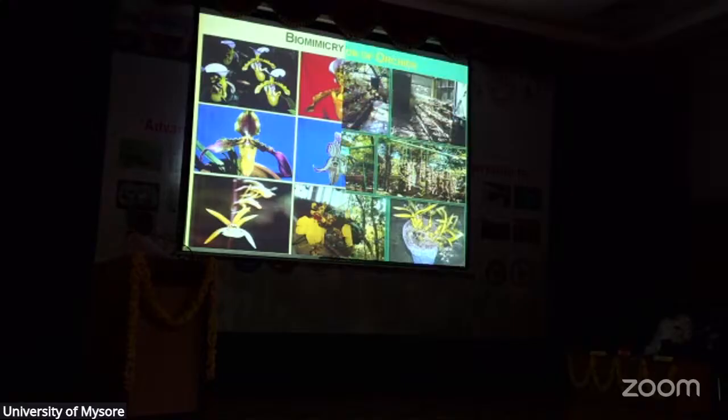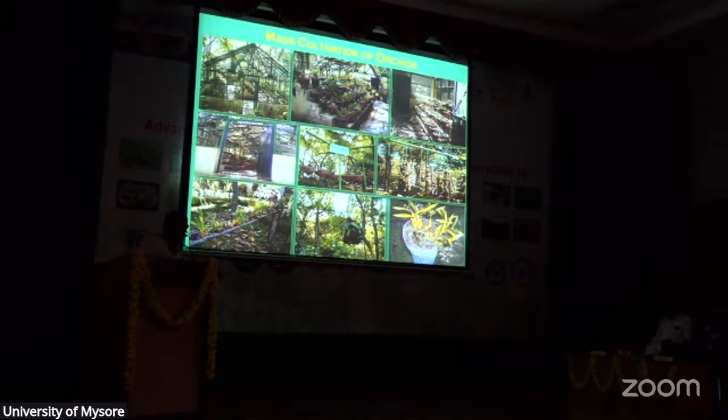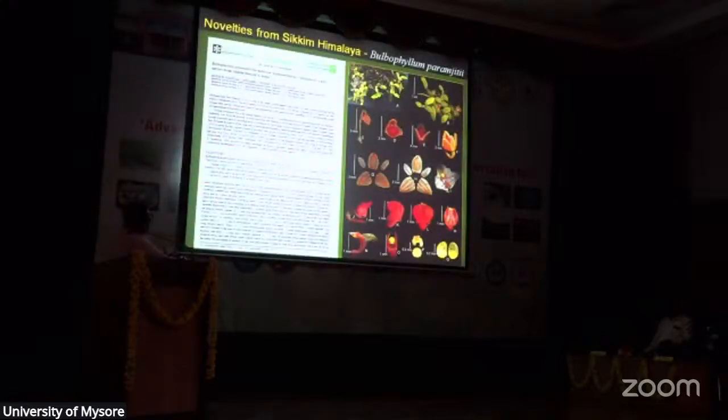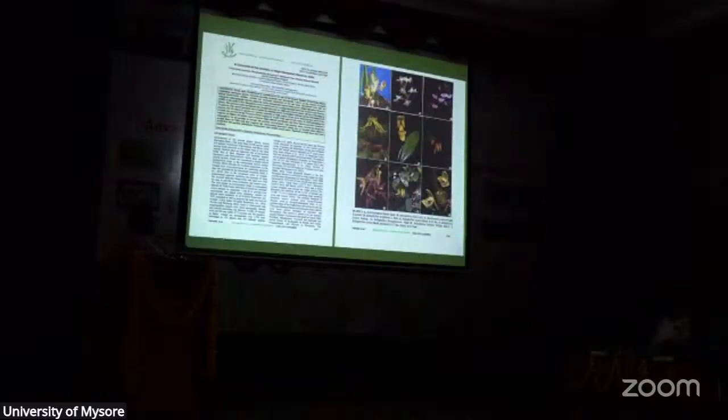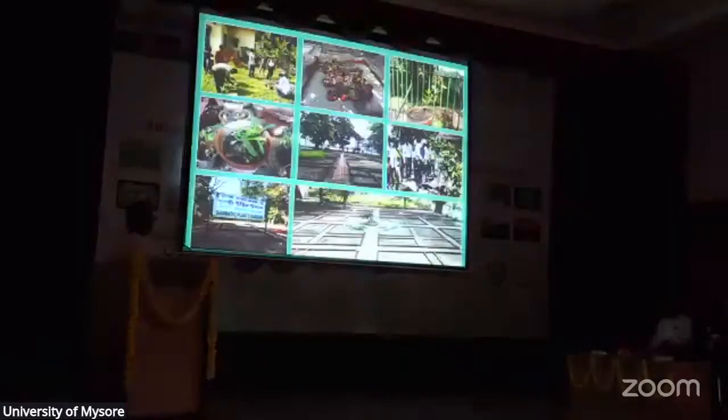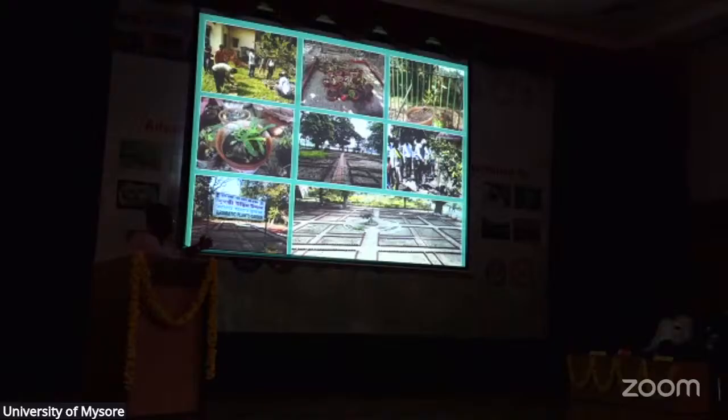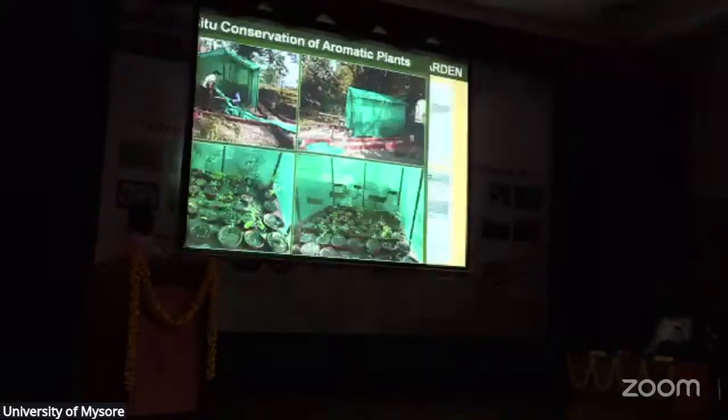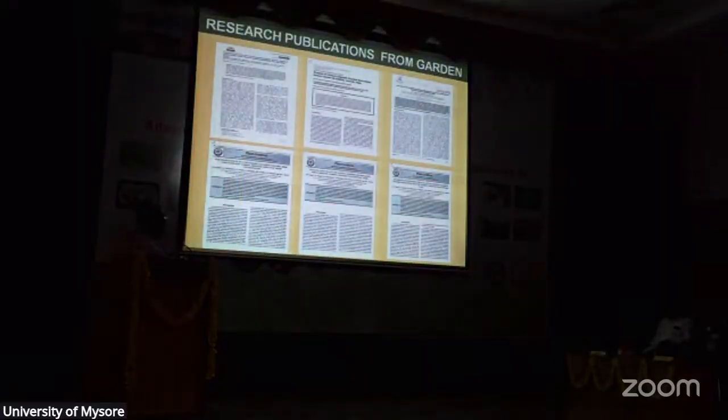So these are some of the aspects of biodiversity elements we should know, and conservation, how these orchids are being conserved. We are selling some of these plants to the common public and generating economy for the country. There are also different publications. Areas have been developed inside the garden, an aromatic garden, developed inside the botanic garden, with plants collected from the Northeast, and publications from the botanic garden.